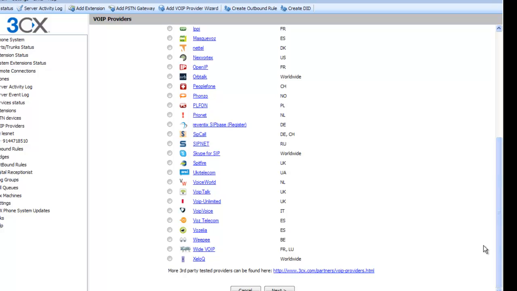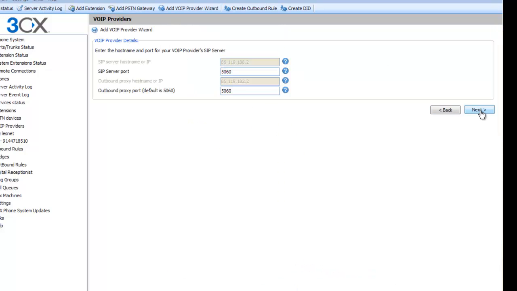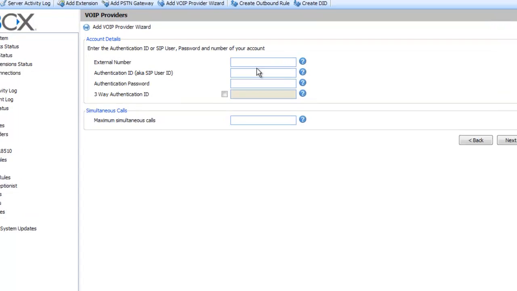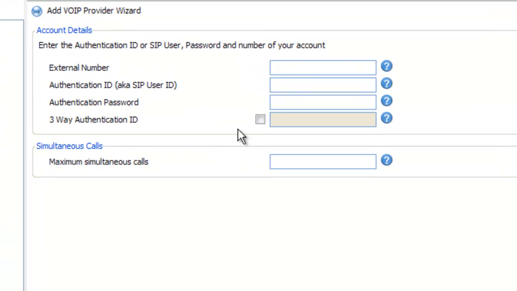and then hit next. You'll go ahead and add in an external telephone number, the authentication IP address, the authentication ID that you use to authenticate with your SIP provider, and of course your password. How many simultaneous calls? So generally, with most SIP providers, 2 talk paths are provided, you get 2 peers for the price of 1. But if you want, you can get any number of channels. So we might put 23 in here to